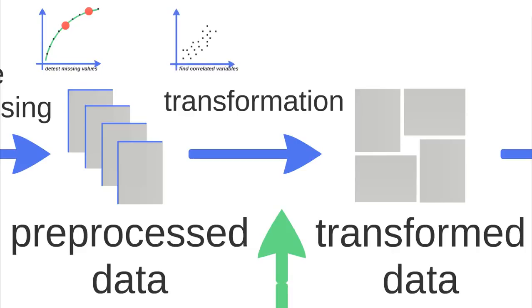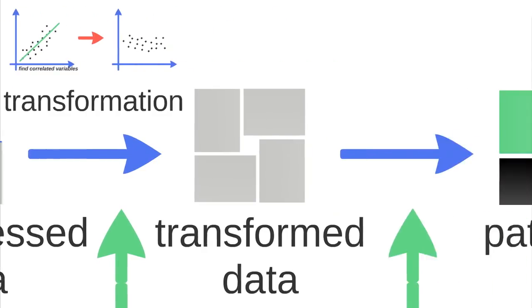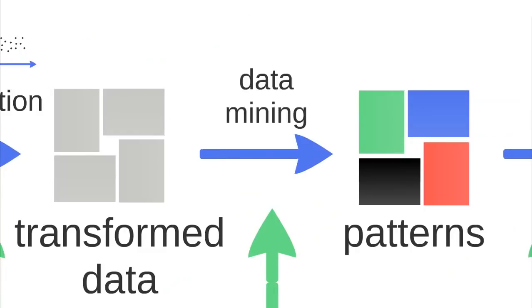Another step is to find correlated variables. Suppose we have these two variables here. We can see that they have a high correlation, which means that using both of these variables is useless. So what can we do with this? We can apply some transformation to the data to make these variables uncorrelated, and then we can extract the most information that we have. The next step, suppose we have the transformed data, is to apply